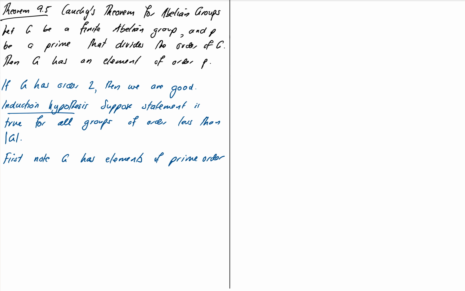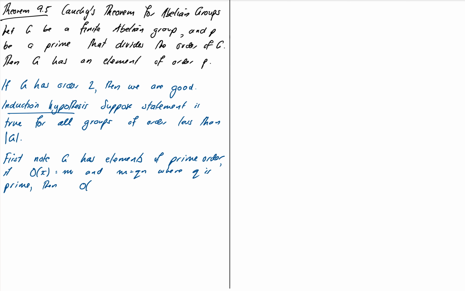Okay, so how's that? Well, if the order of an element X is equal to M, and M is equal to Qn, where Q is prime. I'm just picking an element from my group and saying its order is M, and then I'm breaking M down into one of its prime factors times whatever else. Then